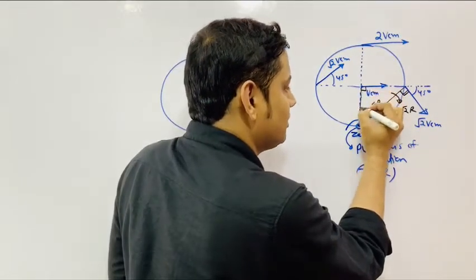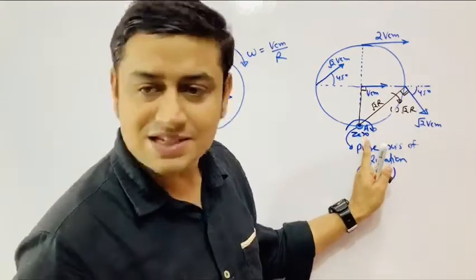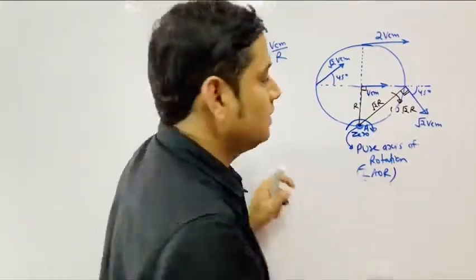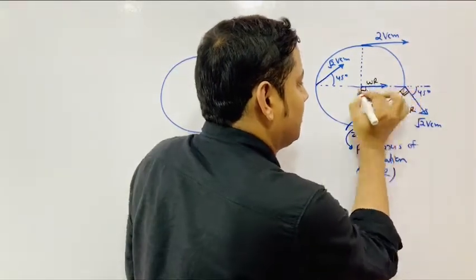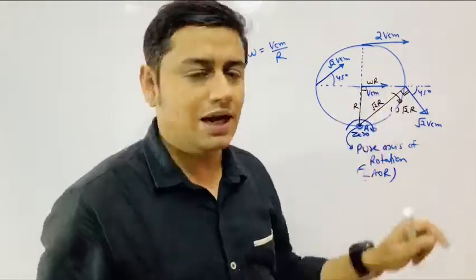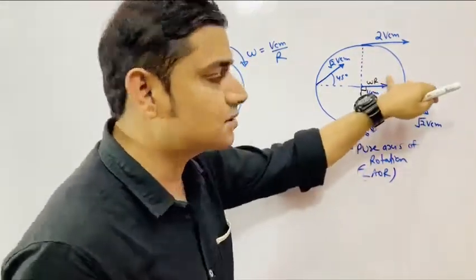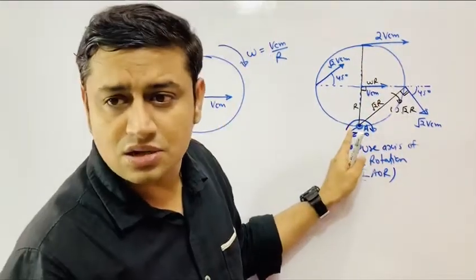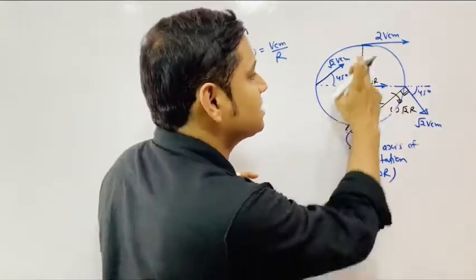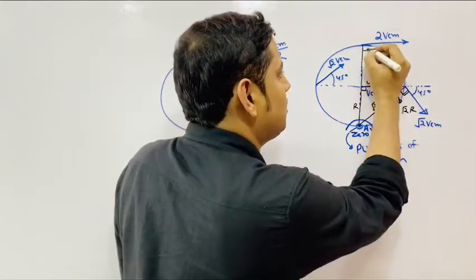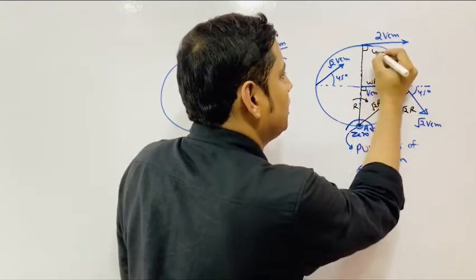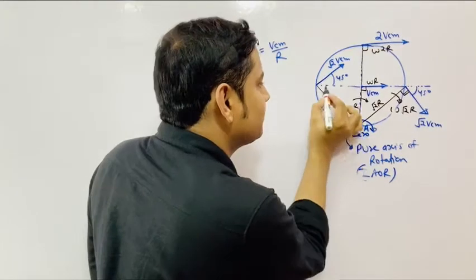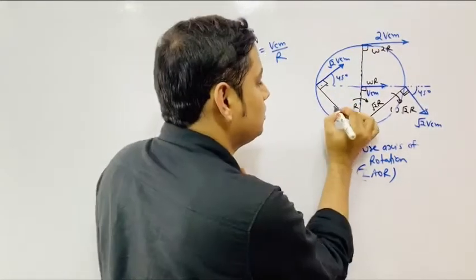What is the speed of the center of mass? From this axis of rotation, the center of mass is at a distance of R. So this speed would be omega into R, perpendicular to R. Name it VCM. This is the velocity of the center of mass. In terms of this VCM, the topmost point is at a distance of 2R from here. So this speed would become directly equal to omega into 2R, which means 2 VCM. The speed of this point would become directly equal to omega into root 2 R.